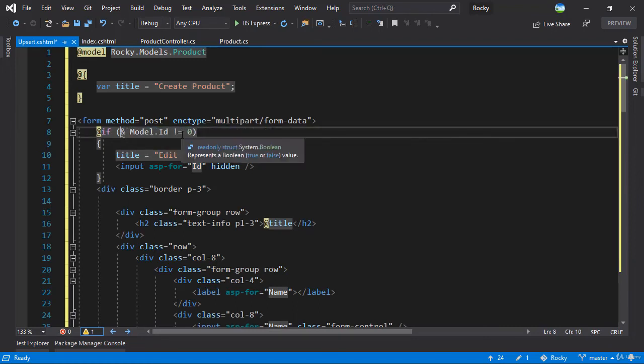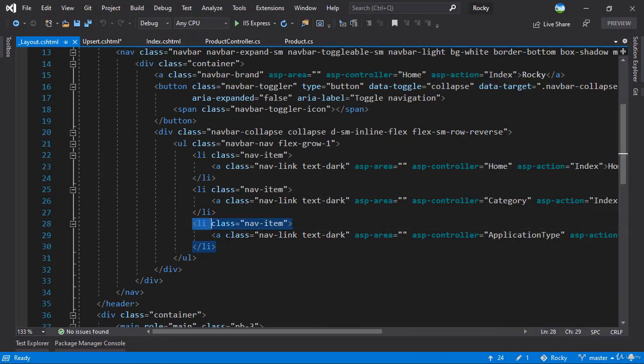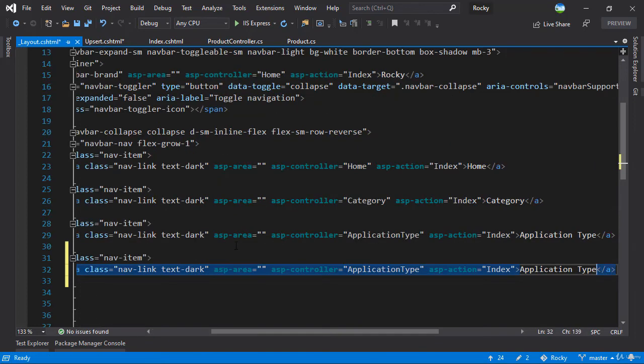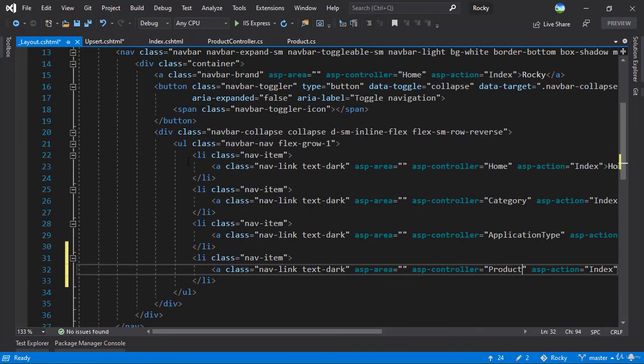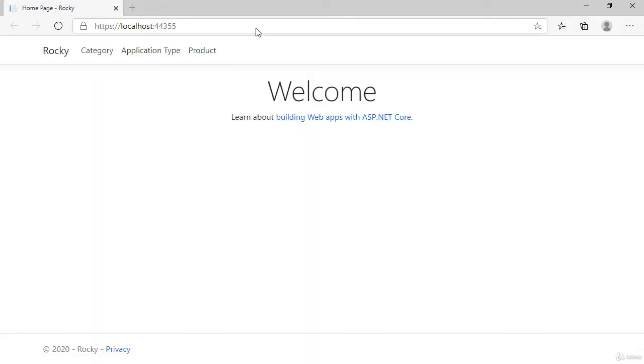And perfect. Let's make our final change inside the underscore layout here and add a new link for product. So right here, we have product. The controller name is the product controller, and we'll just remove this home link. Let me run this and see how things look. If we click on product this time,